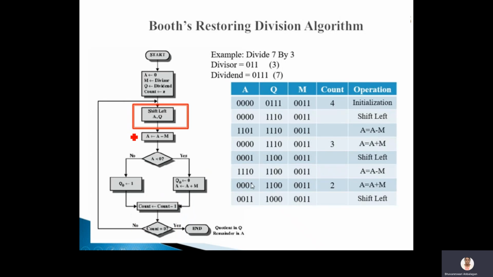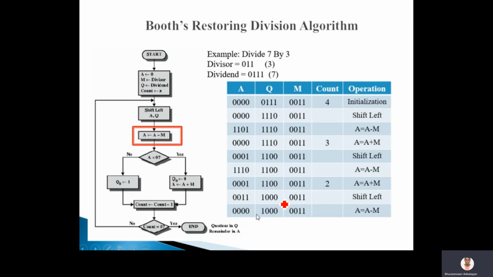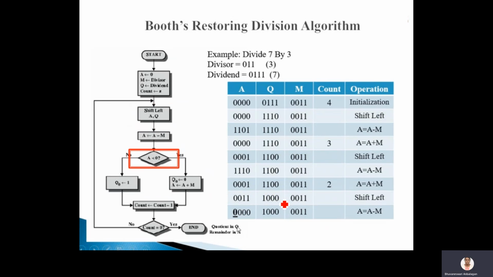Okay. Again, what I am going to do? I am going to perform the left shift. So what will I do here? This will go away, this will come here, this will come here, this will come here, this will come one bit. Okay, like this the values will be coming as they are. I am going to set 0 here from the outer register. Okay. Now I am going to do A as A minus M. I am going to check the value of A. It is 0. That means it is a positive number. So if it is a positive number, what do I have to do? I have to go to this branch. Okay. My control will go to this branch and it will set the value of Q0 as 1.